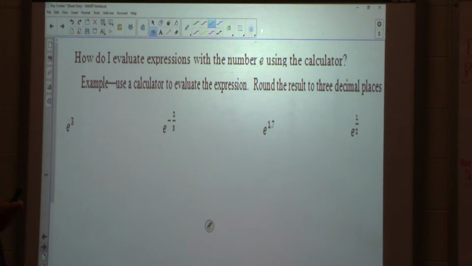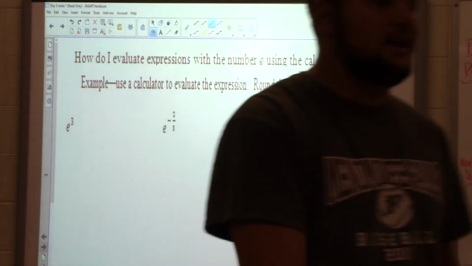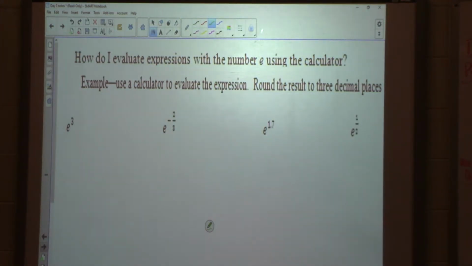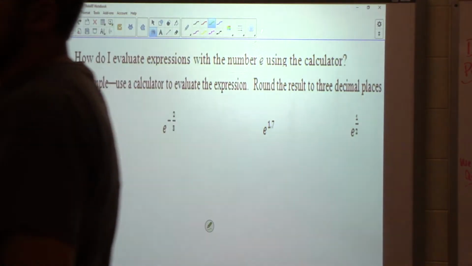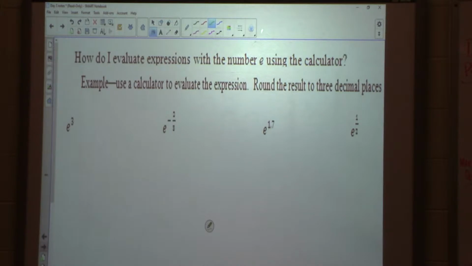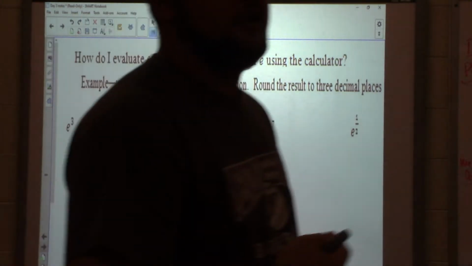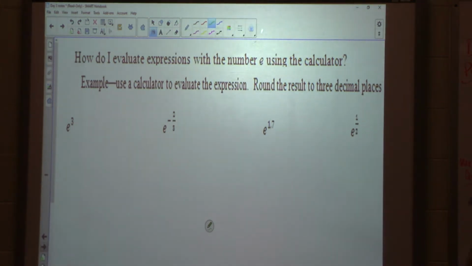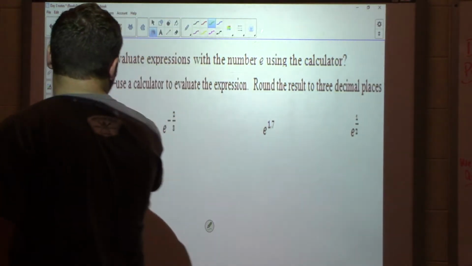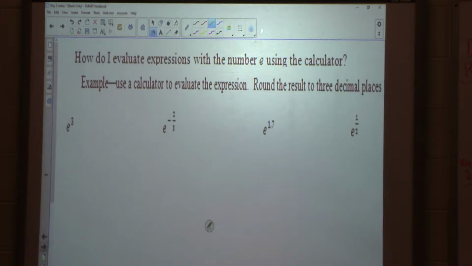Then, how do I evaluate it in my calculator? You'll notice there's a natural log button, and right above it there's an e to the x. If you hit second and then natural log, it pops an e out in your calculator, and you can put any number you want in there for an exponent. So if I say do e to the third and round it to 3 decimal places,